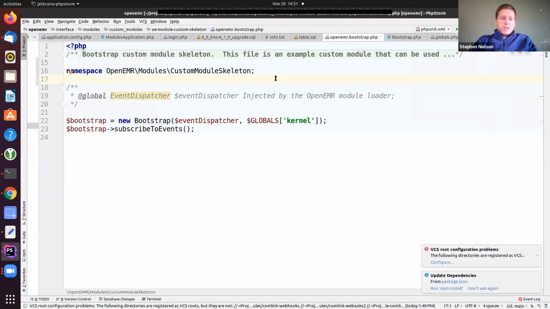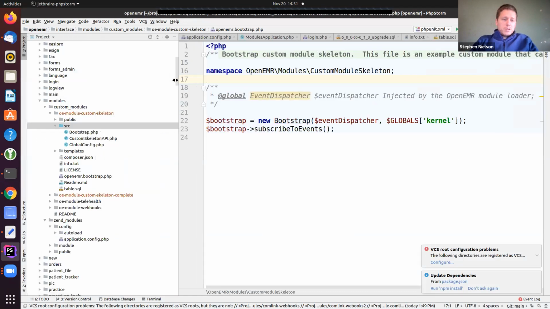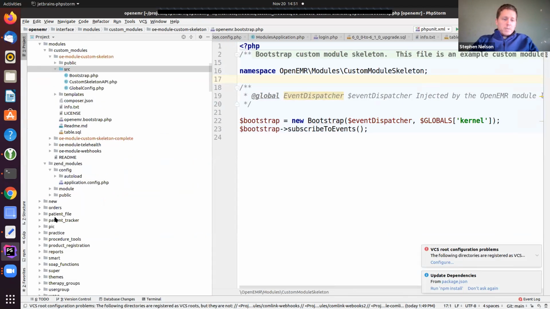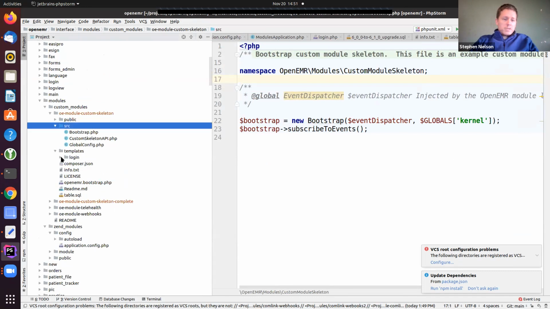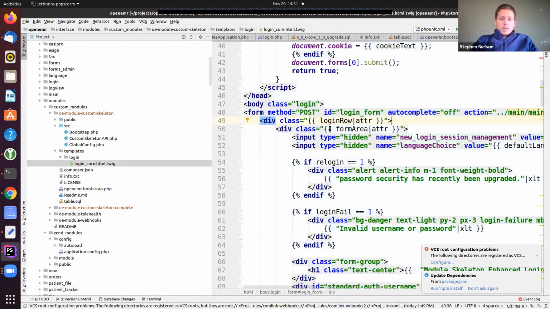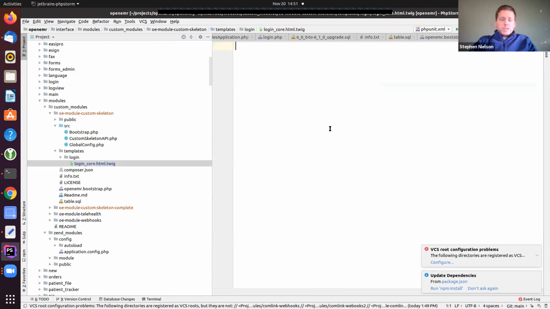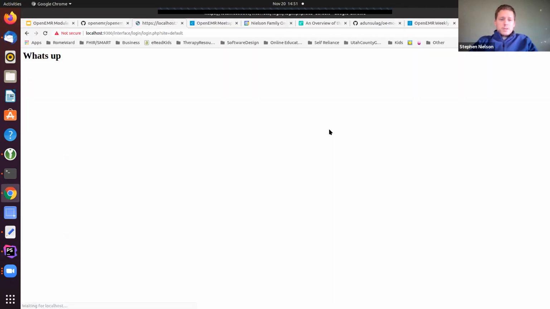So if I wanted to come in here and have my module override that login page, let's come in here to my templates, login. Here's my core login. I just wanted to say, my login page is now what's up, right?